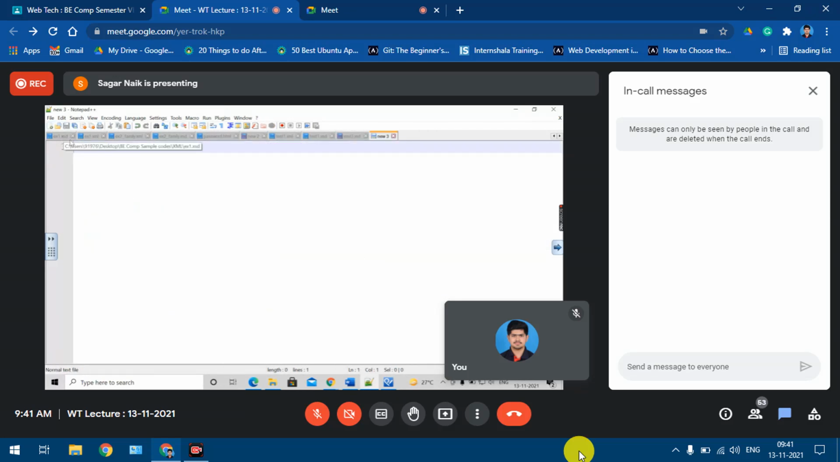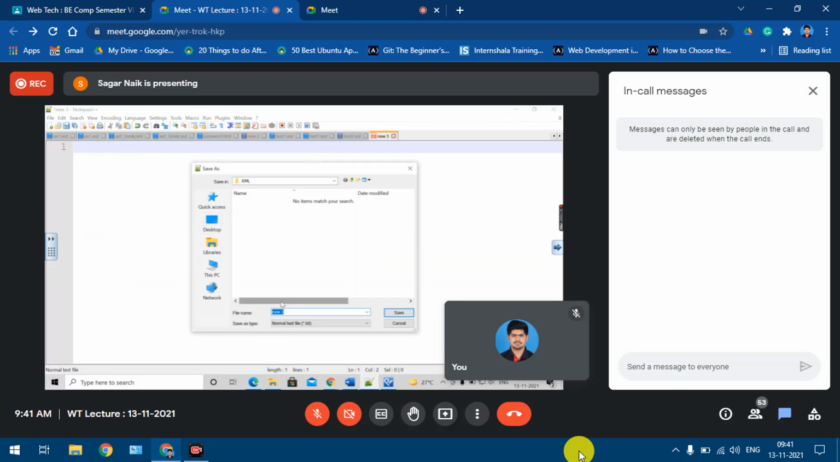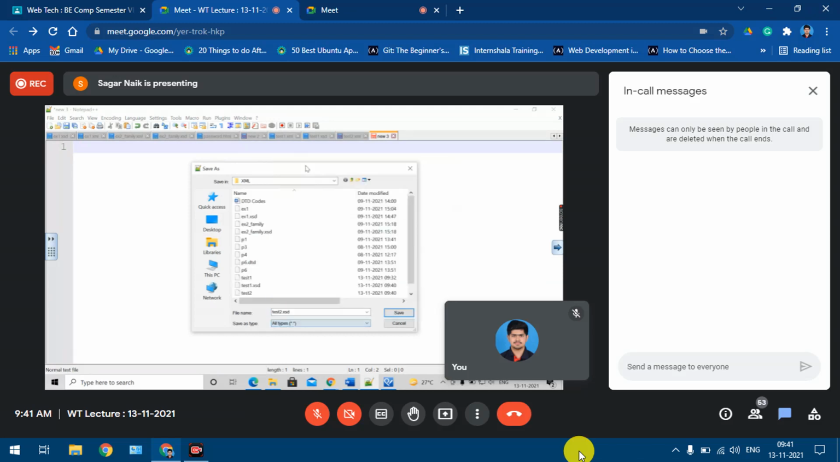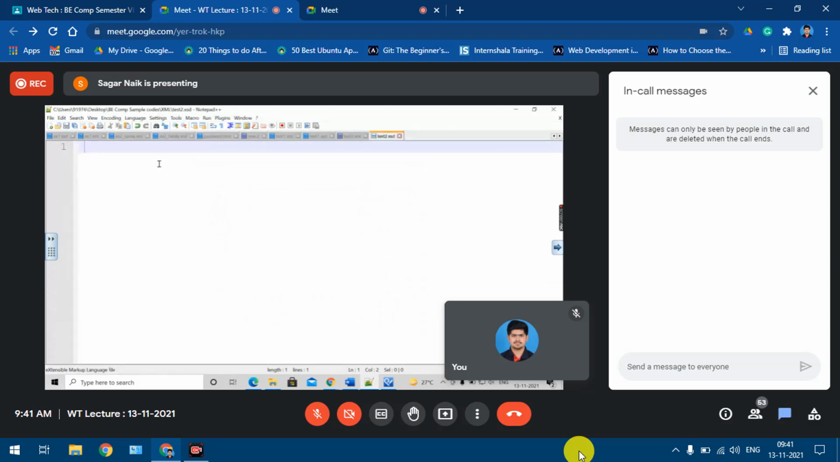So again, new file. Save this file as test2.xsd extension. Again, you can take it as all type. Okay. Save. Okay. So now we'll start defining the schema. So what is the first line? First line is always,